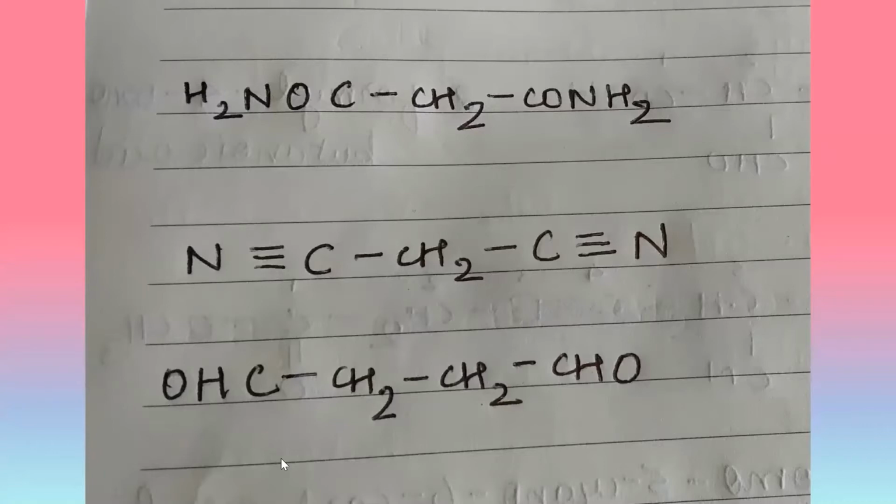Now I would really want you to put this down on paper and write down the names. So in the first one, you know that there are 2 amide groups, and whenever there is an amide group present, we name it as diamide, and the number of carbon atoms present here is 3. In the second one also there are 3, and when coming to our fourth one, we take even the carbon atoms present in the aldehyde groups, so the number of carbon atoms present in it is also 4. So let's check the answers here.